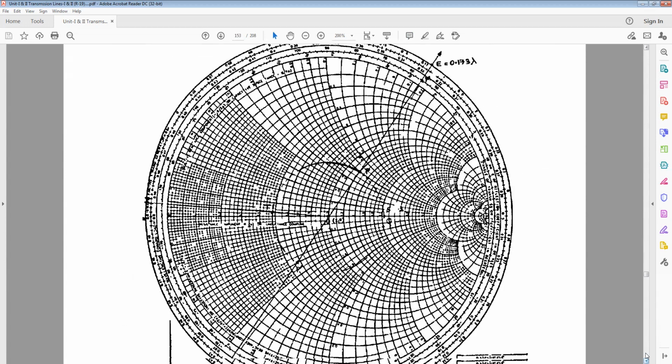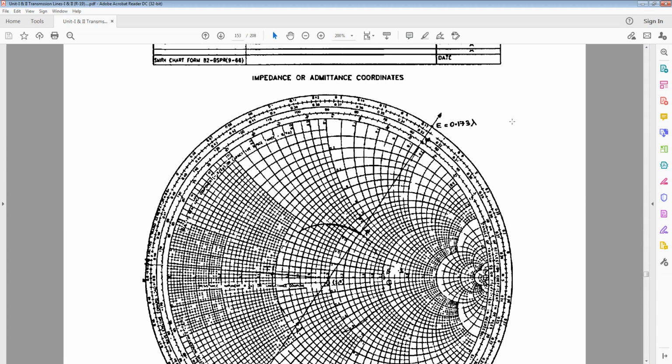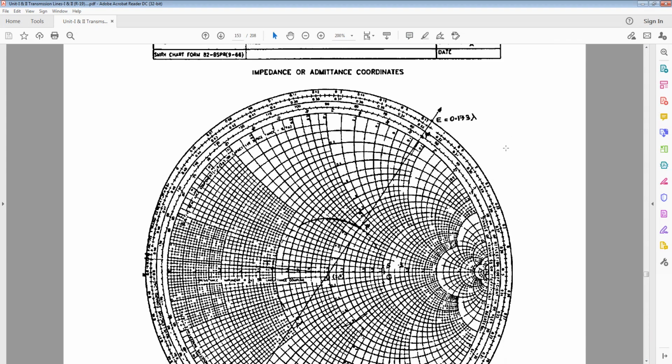This is a Smith chart. We take O to P and P to M. The ratio between OP and OM gives the magnitude of the reflection coefficient, and the angle is